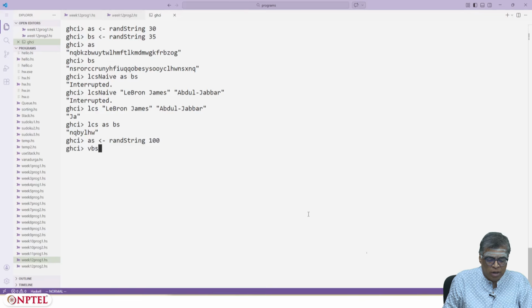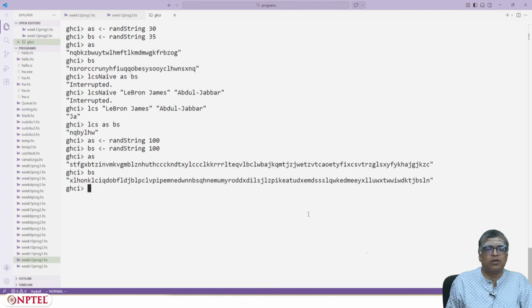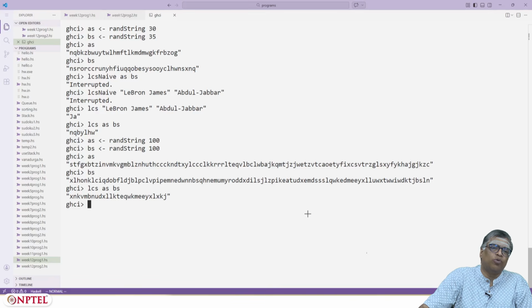B is another random string of length 100. What is A? Something long like this. What is B? Some other long string like this. I can ask for LCS of A, B, and in a jiffy I get a result. Okay, let's look at what the improved program is.